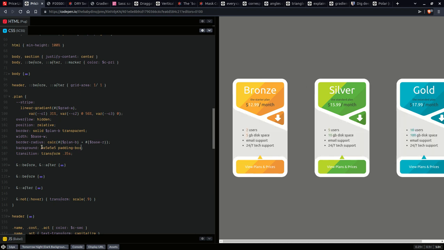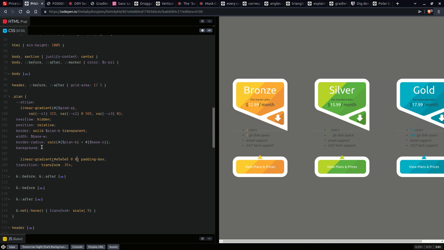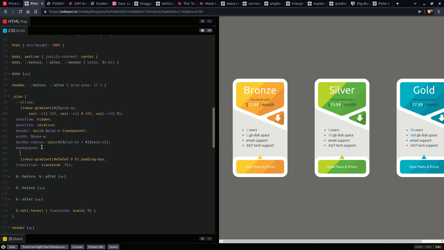Okay, but the thing is, we're going to need another gradient, so this is going to have to become a linear gradient. Like this, and then we're going to have radial gradient,